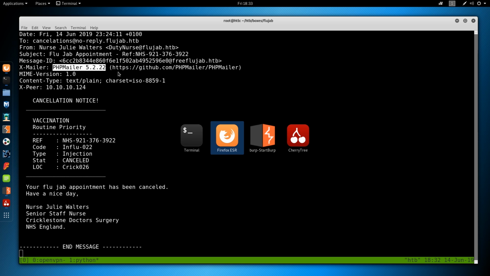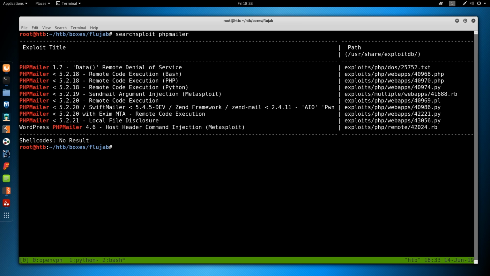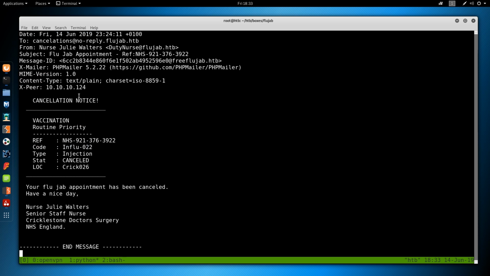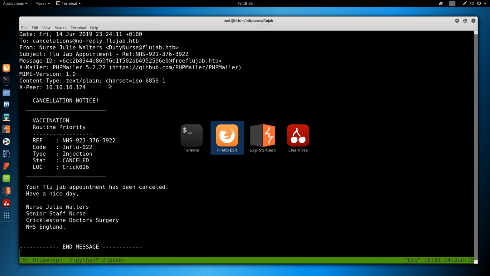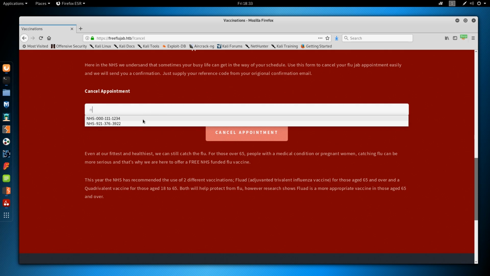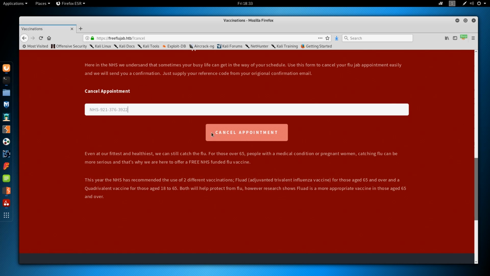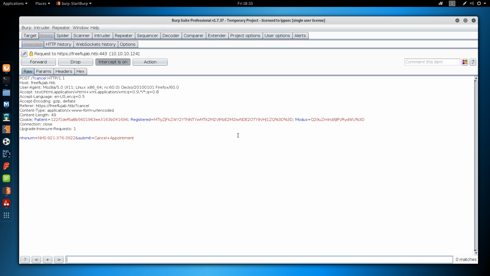So let's just go over to exploitdb or searchsploit, PHP mailer, and the version was 5.2.22, and it doesn't look like it is vulnerable because we don't have any versions here. So moving on to what else we could try. We can try doing SQL injections. So let's go back into the page and let's do this NHS, go to Burp, intercept on, cancel appointment,